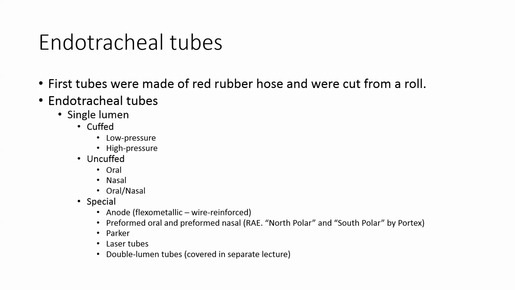The tubes can be oral tubes, nasal tubes, or oral/nasal tubes. A lot of this has to do with the radius of curvature of the tube. There are small differences in the optimum radius of curvature of oral and nasal tubes. There are special endotracheal tubes, which are referred to as anode tubes or flexometallic tubes, which are the wire reinforced tubes